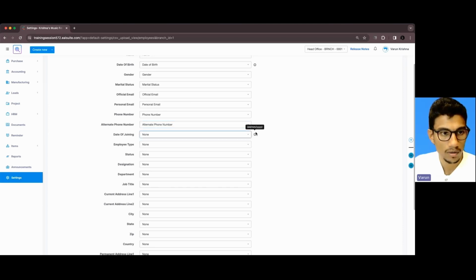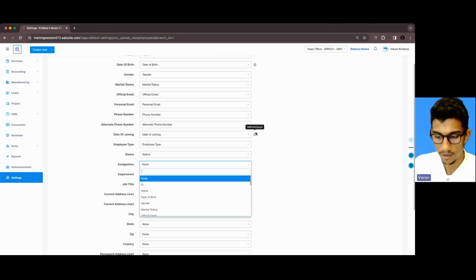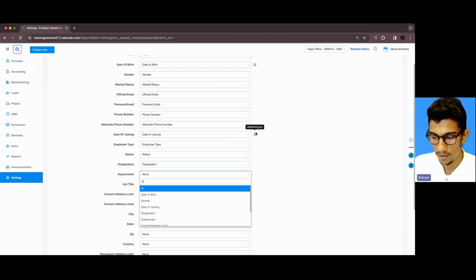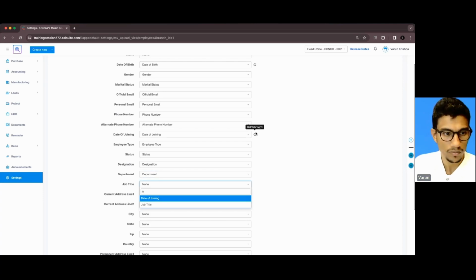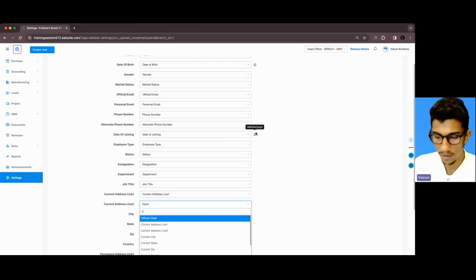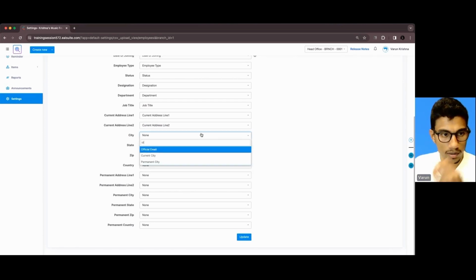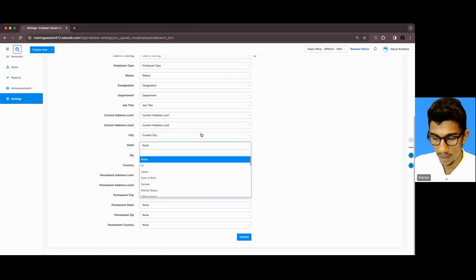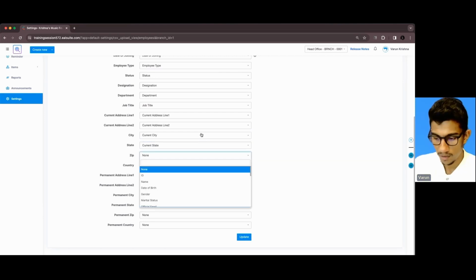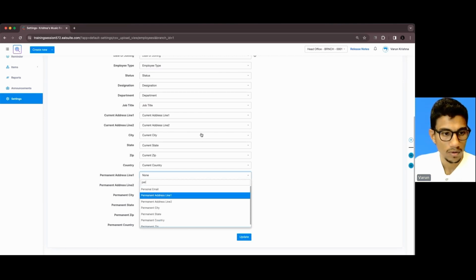The alternative phone number, the date of joining, the employee type, the status, designation, department, job title, then current address line 2, the city, its current city, current state, current zip, and current country. Then we have address 1,